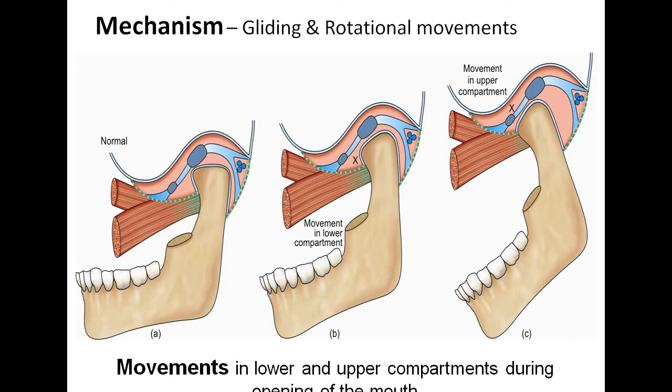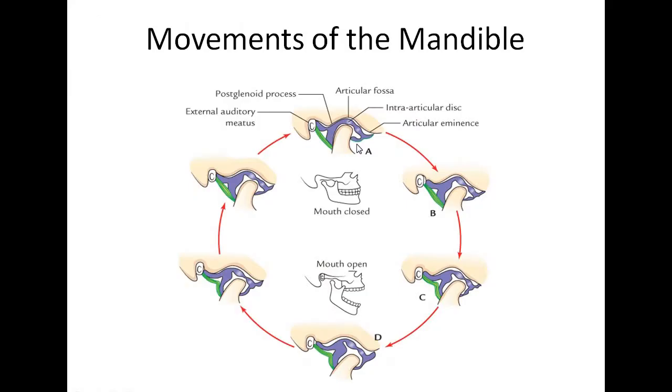So these include the opening of the mouth, which is called depression. This is the diagram showing the use of the different compartments during opening of the mouth. This is the diagram showing the movements during the opening and the closing of the mouth. If you want to open the mouth, there will be the forward gliding of the head of the mandible along with the articular disc, and in the next process there will be the rotation of the head of the mandible in a forward direction. So the mouth will be open completely, and the reverse of this action is nothing but the closing of the mouth, where there is a gliding backward of the head of the mandible. Also the head of the mandible rotates backward.